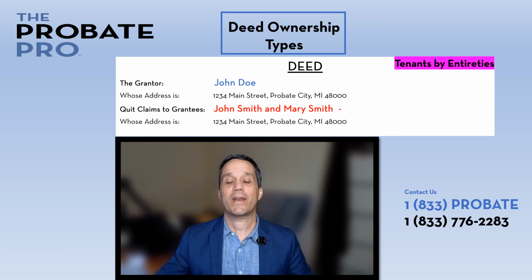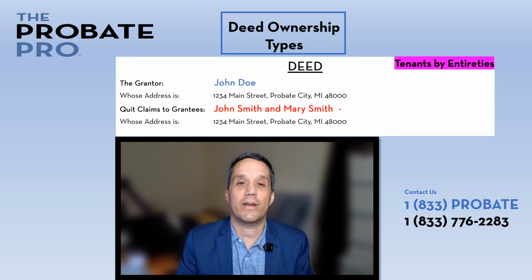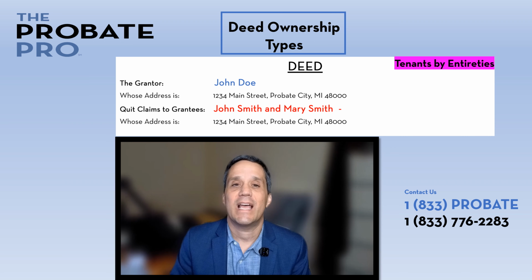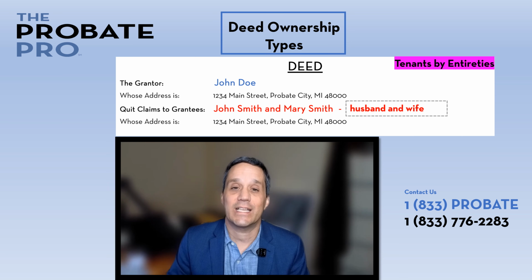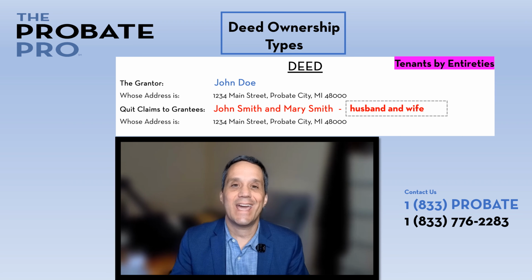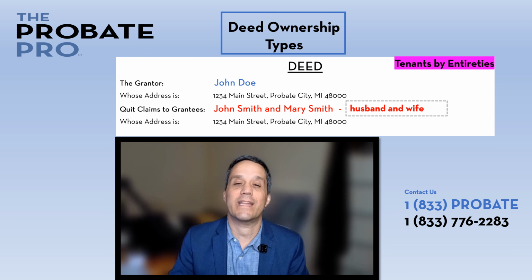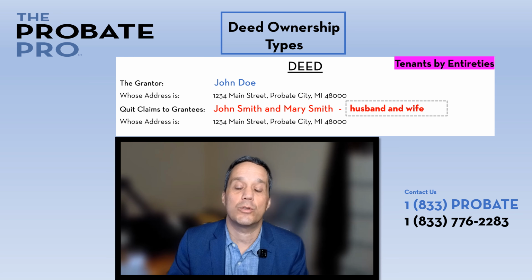Now, again, we've got another type of ownership, which is called tenants by the entirety. It applies to a married couple. In this particular case, let's assume John Smith and Mary Smith acquire the property together as husband and wife, or maybe they use the term husband and wife. That ownership would be tenants by the entirety. There's certain rights that are bestowed upon a married couple based on state law. And of course, upon the first to die, the second owns outright.